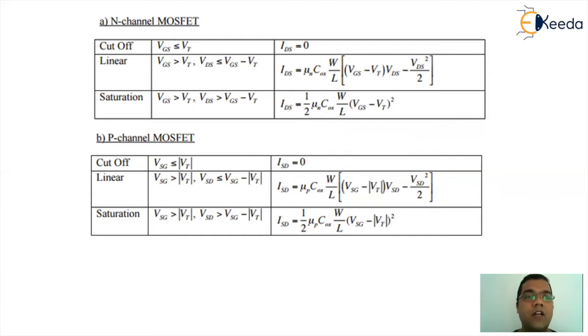So we are discussing the N-channel MOSFET equation. When we talk about the linear region, VGS is greater than VT, but VDS is less than VGS minus VT. Under this situation, the equation for drain current is mu Cox W by L times bracket VGS minus VT, VDS minus VDS square by 2. Here mu Cox W by L are parameters used in defining the conduction constant of the E-MOSFET. W by L is the aspect ratio of the channel, Cox corresponds to the oxide capacitance, and mu N stands for the mobility of electrons.